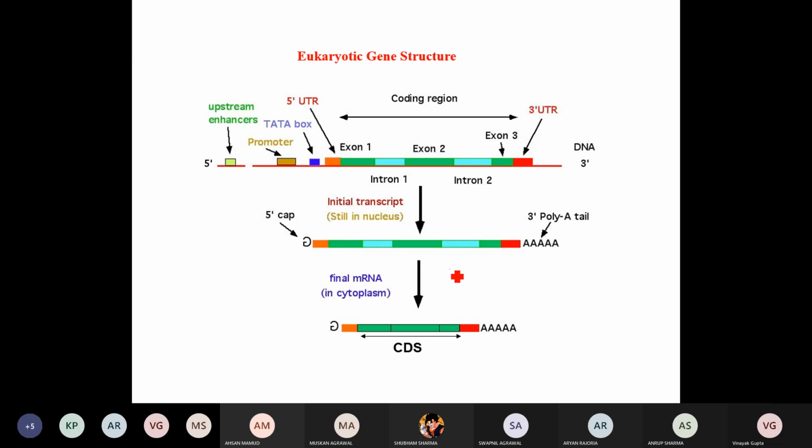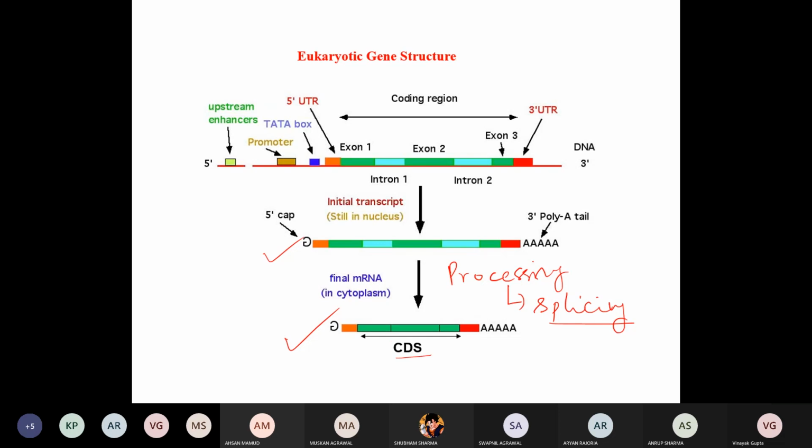So here I'm just using a general word. It is called processing. And what this processing is doing, can you compare both? Sir, it is removing the intron part. Yes, it is removing the intron part. And that particular processing is called splicing mechanism. Splicing means removing of the introns so that all the exons are joined, right? And now it is called the coding sequence.